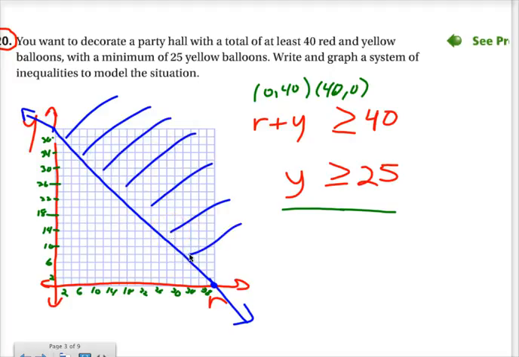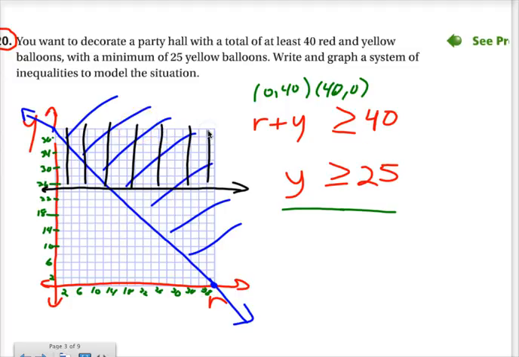And then the second part of this was that the yellow need to be greater than or equal to 25. So here's my 22, 24, 25 would be right there. And if my yellows need to be greater than or equal to 25, that would mean that I need to shade above. So what I see right now is that I'm going to have this kind of truncated figure here that shows my double shading this way and up. Up from there. And it says, write and graph a system of inequalities to model the situation. So anything that's up in that region would meet